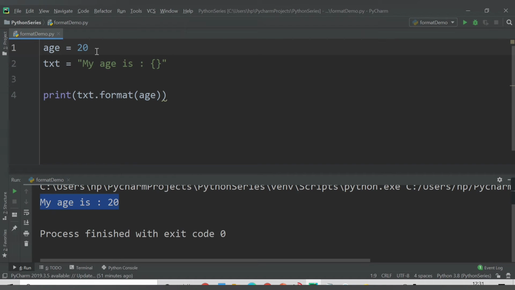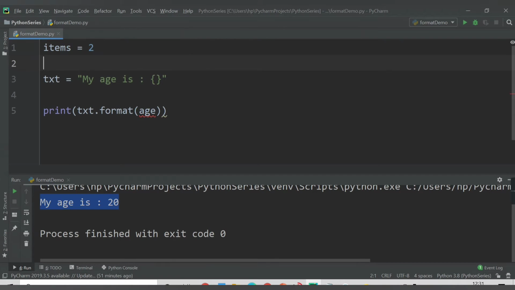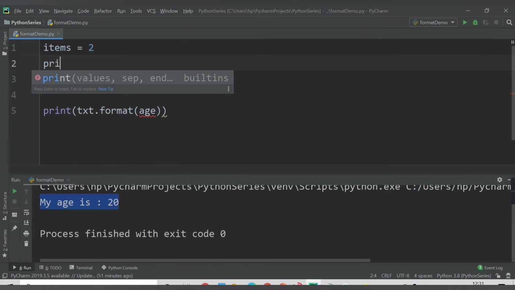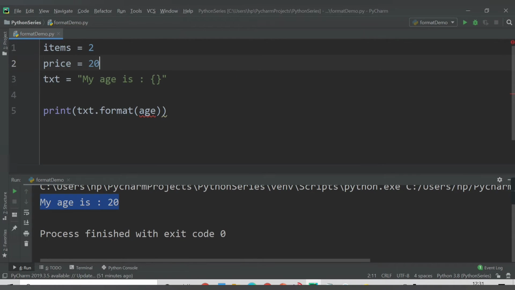Let's say I have two variables: items, which I will give a value of 2, and price as 20, and I want to print text. Let's say I want to print "I want 2 pens for 20 rupees."